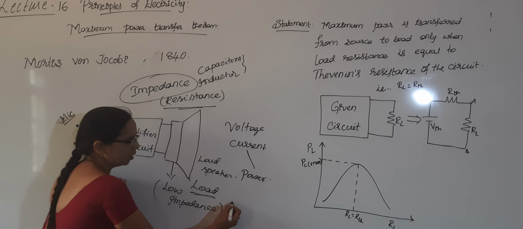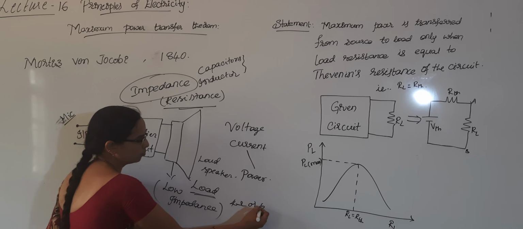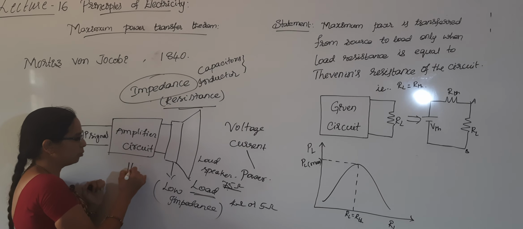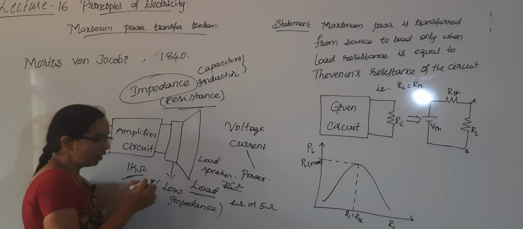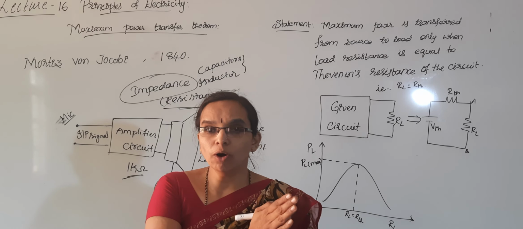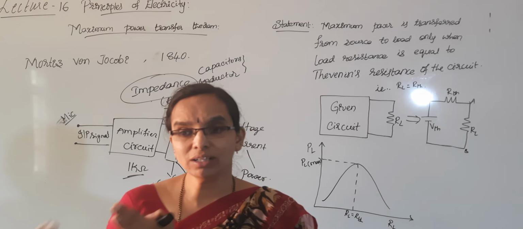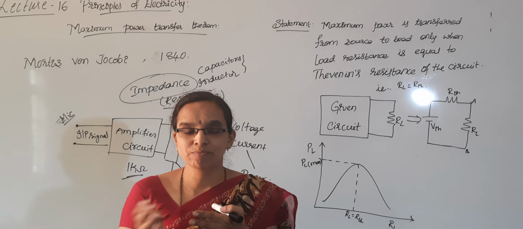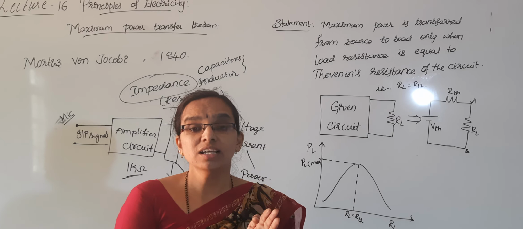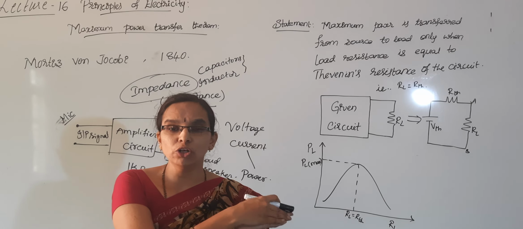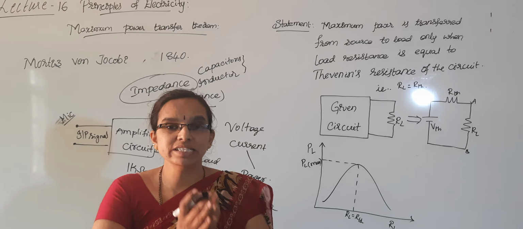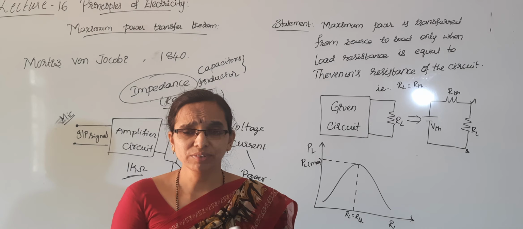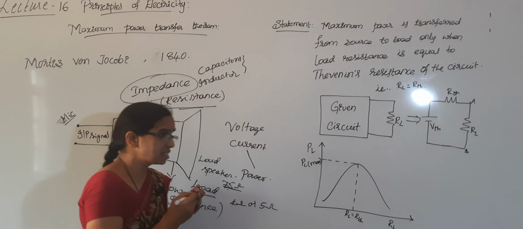Whatever you call it, somewhere around 4 or 5 ohm. Here in your example, they have mentioned 75 ohm, and the amplifier circuit will have 1 kilo ohm. So what happens if you connect 1 kilo ohm directly to 75 ohm or 4 ohm or 5 ohm? There is a mismatch in the resistance. There is a difference between the power a circuit with 1 kilo ohm, 1000 ohm resistance can withstand and what a 5 ohm or 4 ohm can withstand. Okay, it cannot withstand that power.